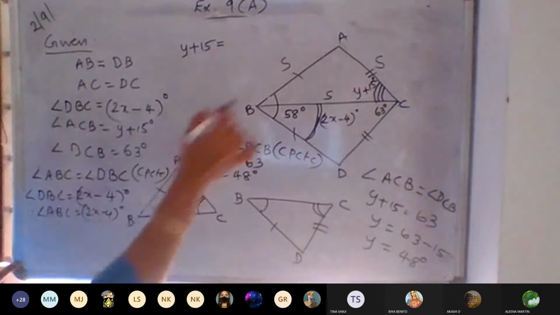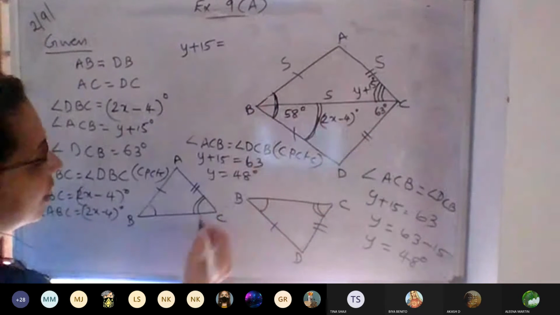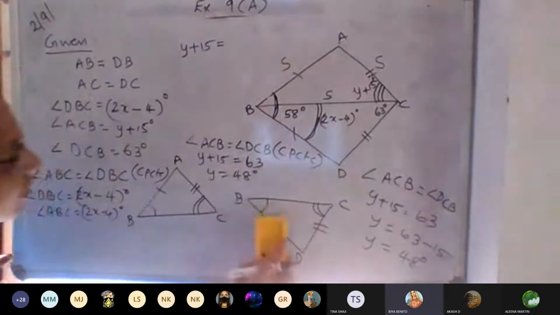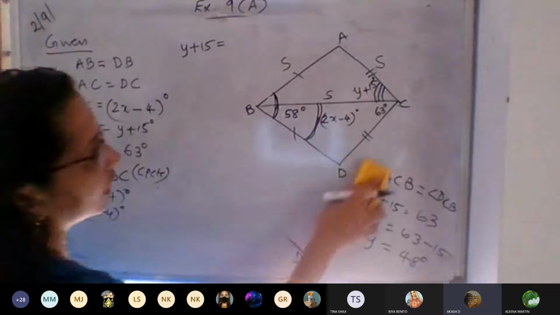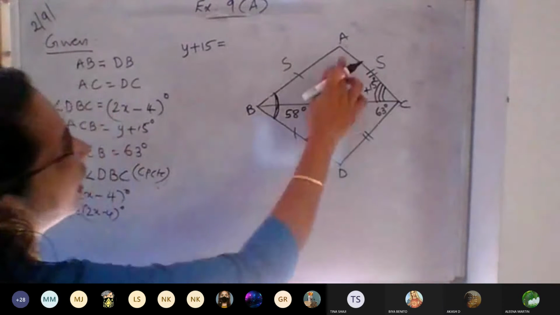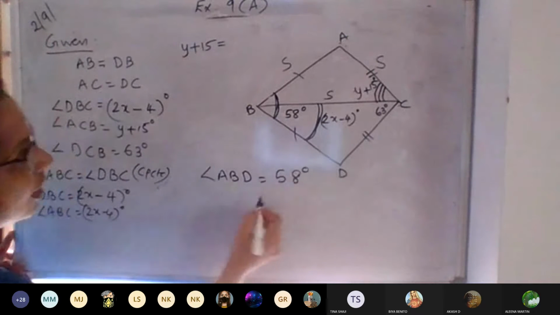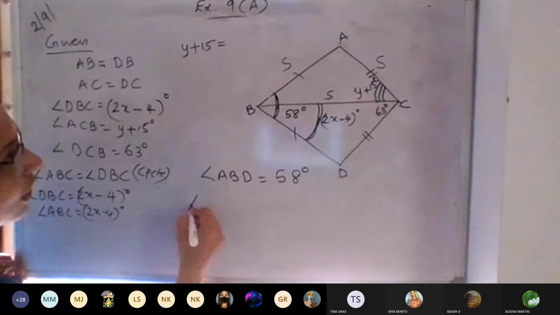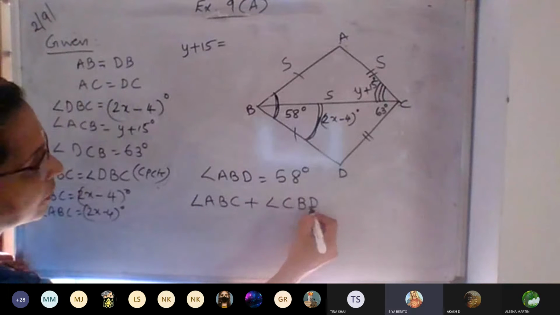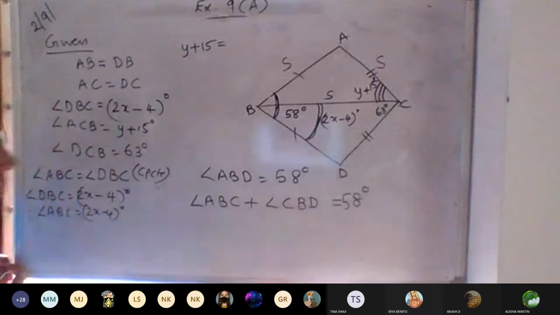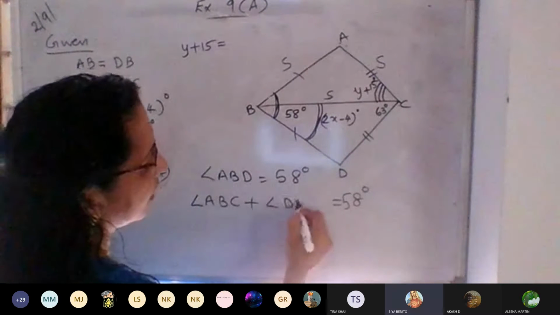Look at the figure. A, B, C given 58. What is that 58? When I rub these all things, angle ABD. The total angle ABD is given as 58. Split that ABD as what? Angle ABC plus angle CBD. That we can write it as 58, no? Yes, ma'am. Instead of CBD, we can write it as DBC. That is better. DBC.